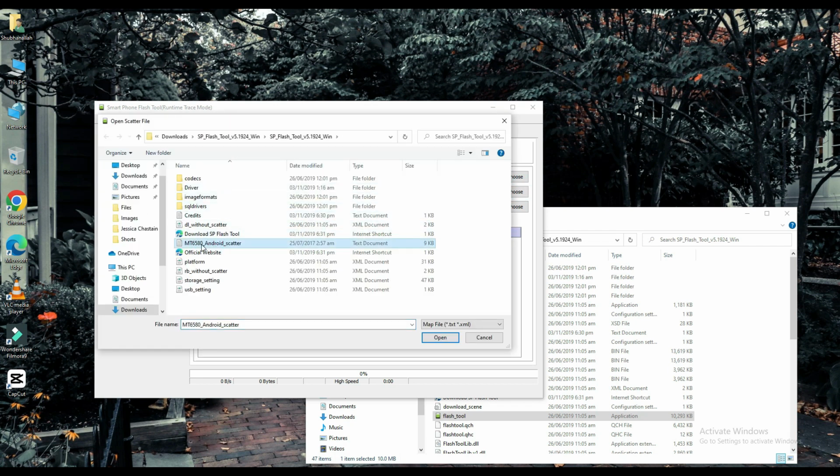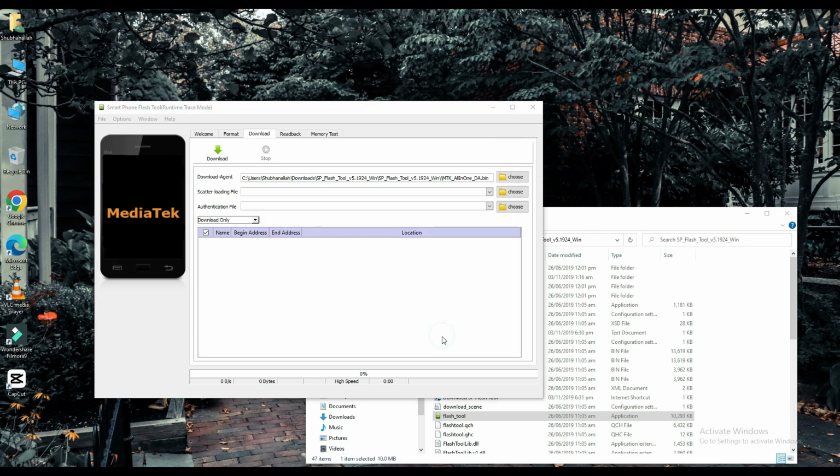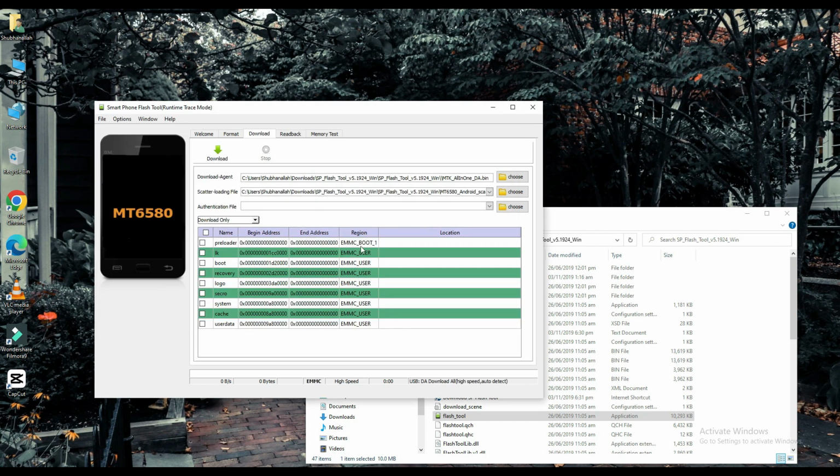The link to this file will be found in the description below. Choose one of them. Connect your mobile with USB cable and your work will be done on a PC.